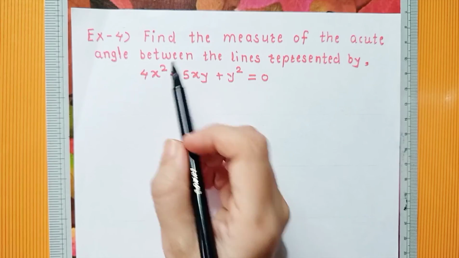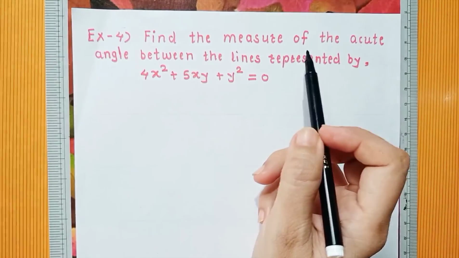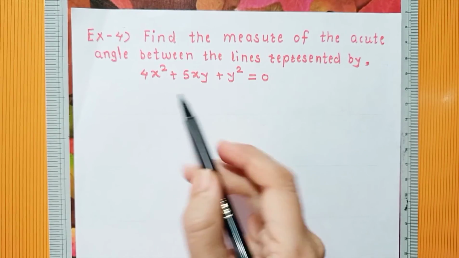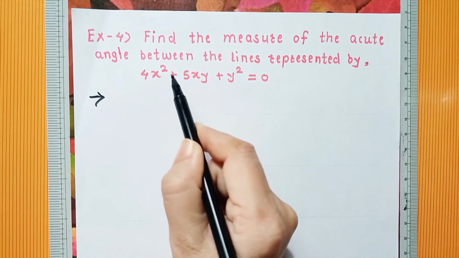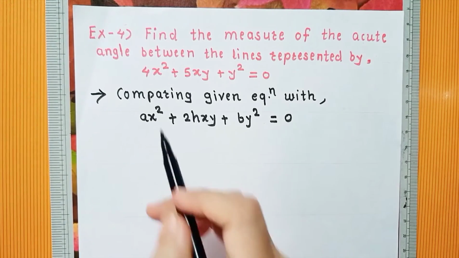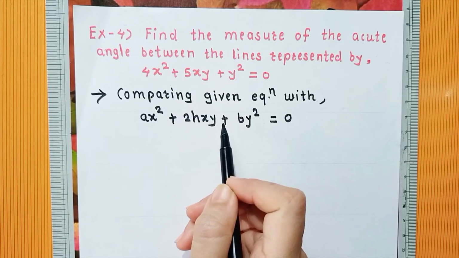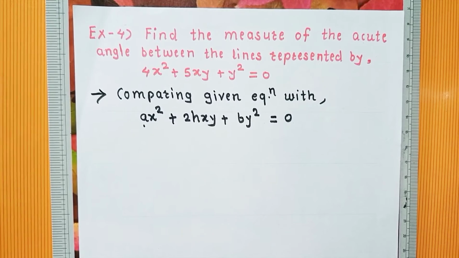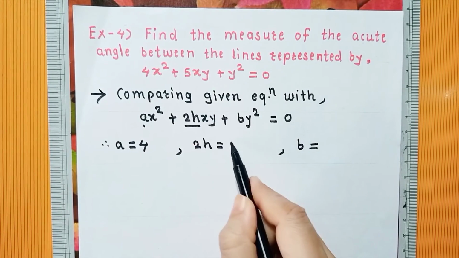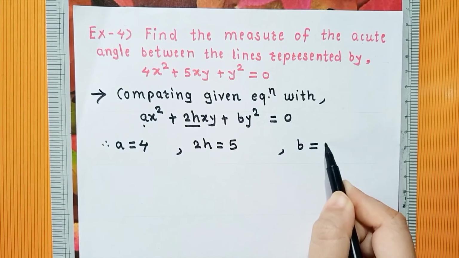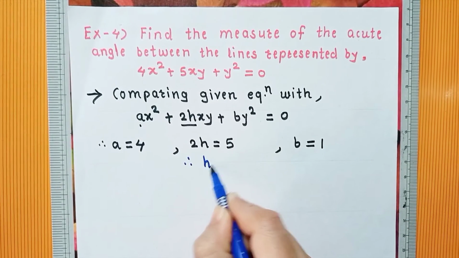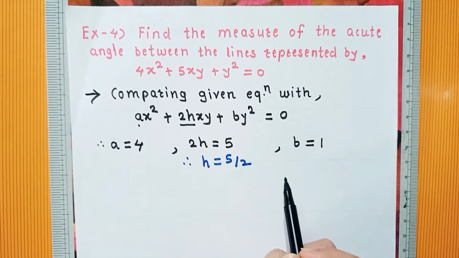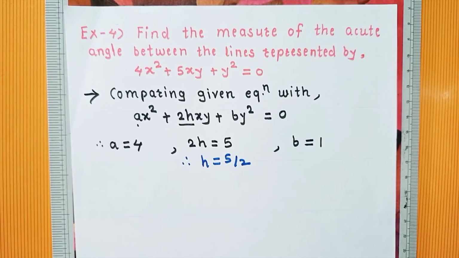Let's solve fourth example, which is same as above. Find the measure of the acute angle between the lines represented by this equation. So again, as usual, comparing this equation with ax square plus twice hxy plus by square equal to 0, we have a is equal to 4, this twice h equal to 5, and b is equal to 1, and therefore h is equal to 5 by 2. And if theta be the acute angle between the lines, therefore tan theta equal to,